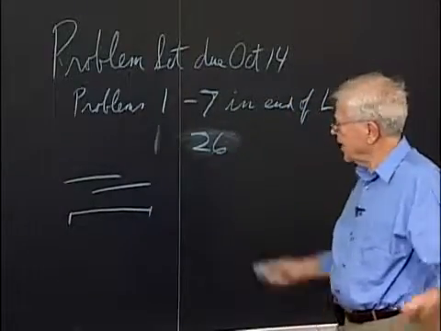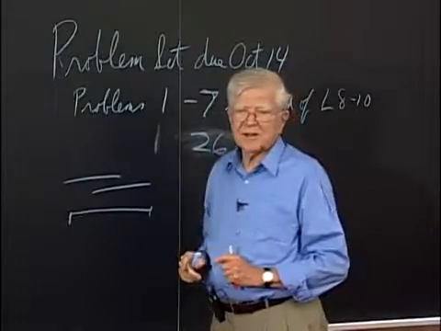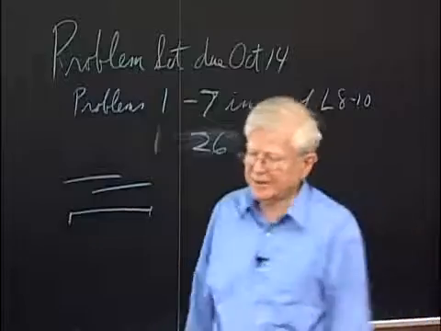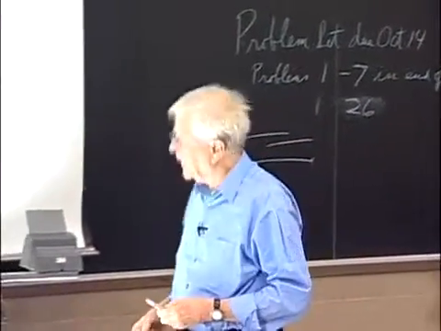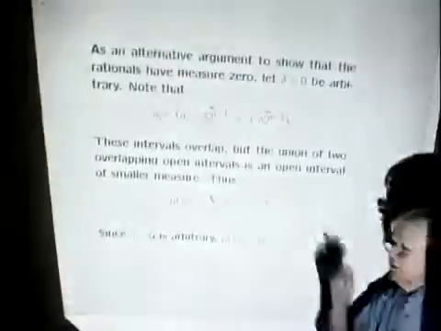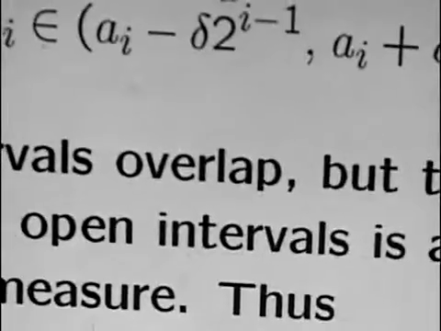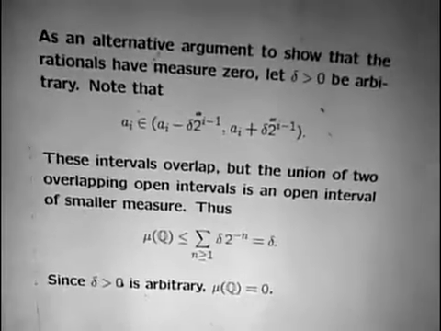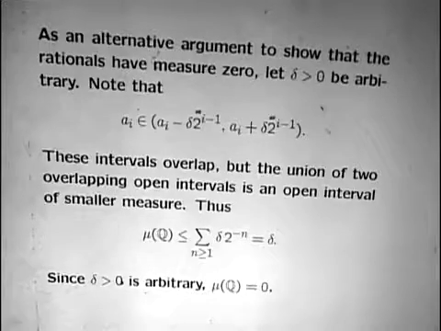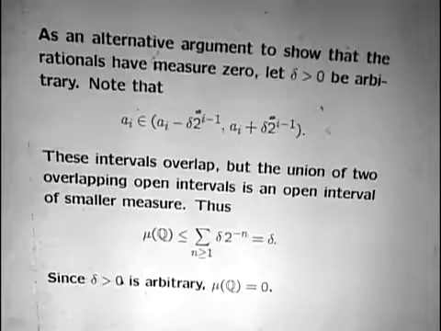And we don't have to be very sophisticated to see that this length is less than this length plus this length, okay? Because I've double counted things there. Okay, so anyway, when I do this, I add up the measure of all of these things, and I get delta, and I then let delta get as small as I want to, and again, I find that the measure of the rationals is 0. Now, if you don't like this,